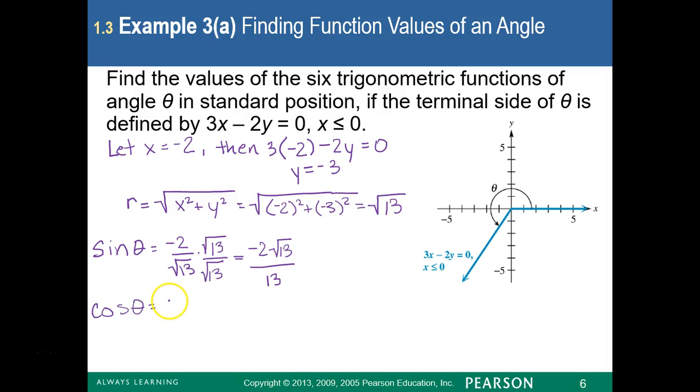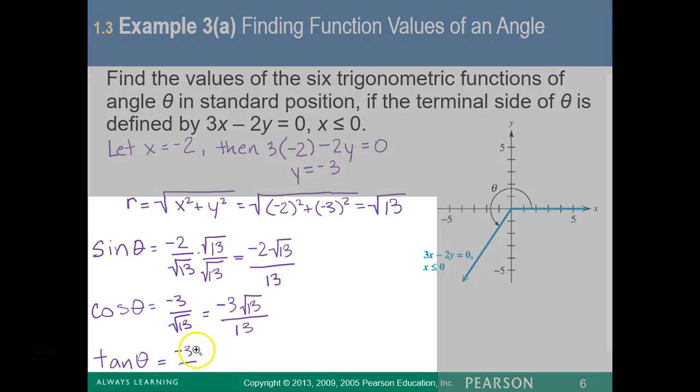Cosine of theta, you have a similar situation here. You get negative 3 over the square root of 13. If you follow what I did here in rationalizing that denominator, you'll get negative 3 square root 13 over 13. Now let's do the tangent of theta, and that is our y over x, which is negative 3 over negative,